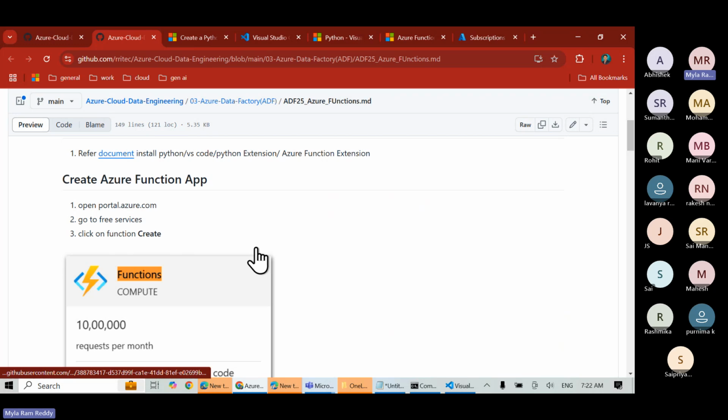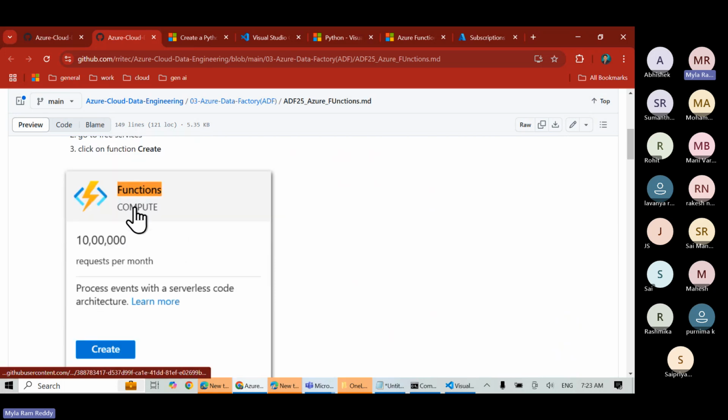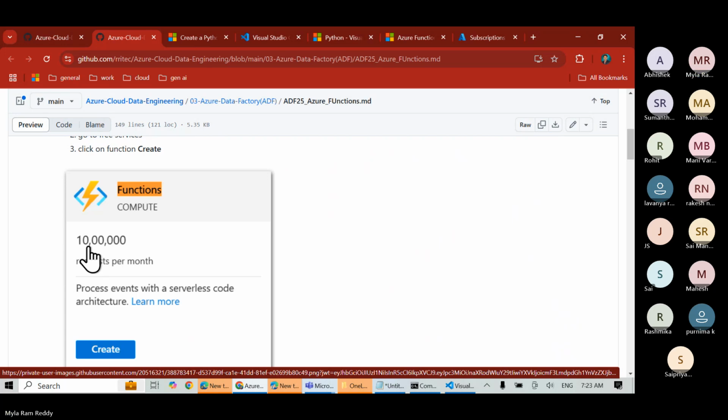Now we are trying to create an Azure function app. Open our portal, then go to free services, then click on the functions create. Here we have the functions create. You can notice here, 1 million requests per month is free. If you go for more than that, then it will be charged. I think for training or learning, this is more than enough. That means we are never charged for anything. You can use this as a free service for